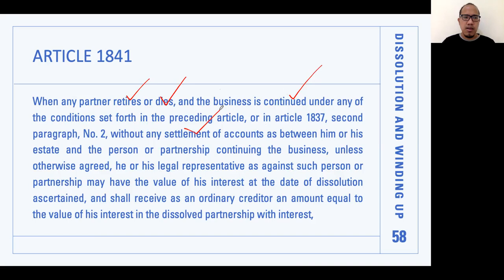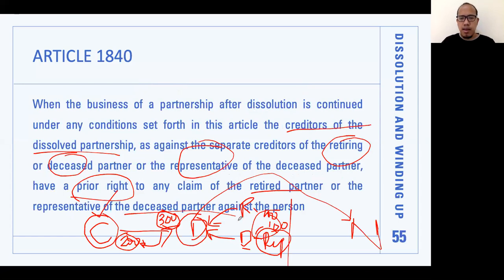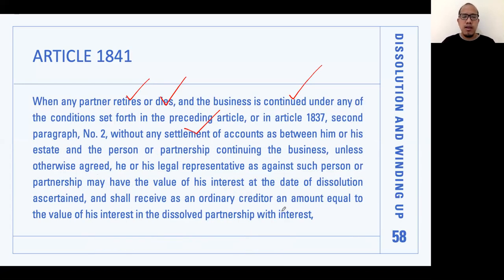Anong tinutukoy dito sa 1841? Ang tinutukoy dito ay yung, di ba may example tayo kanina. Yan. Si retired partner at si deceased partner. Paano sila nagkaroon ng 100-100? Yung creditor, alam mo kung paano siya nagkaroon ng 200 na claim eh. Pero itong si retired partner, si deceased partner, paano siya magkakaroon ng claim na 100-100? 1841 provides for that. Itong nag-retire na ito or namatay na yan, pwede